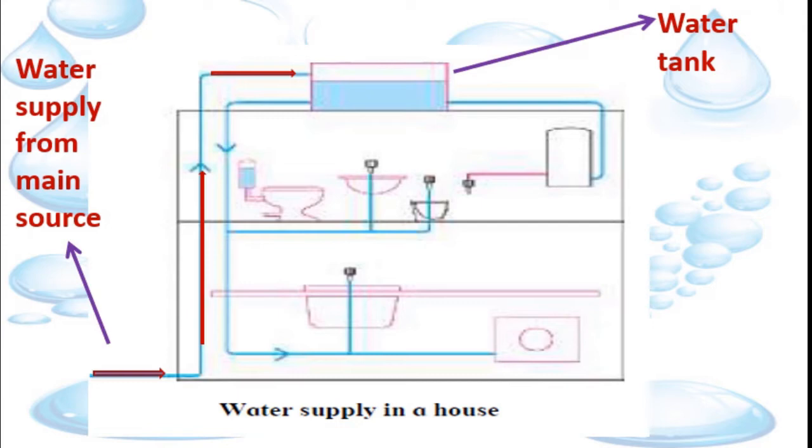Then according to the property we just went through, it comes out on all sides at the same time. See, here we can see in all the places we will get water. In the sink, for the toilets, for the bathroom, to the kitchen. Wherever a tap is fixed, we will get water. This is the method by which we get water at the same time in all the taps.